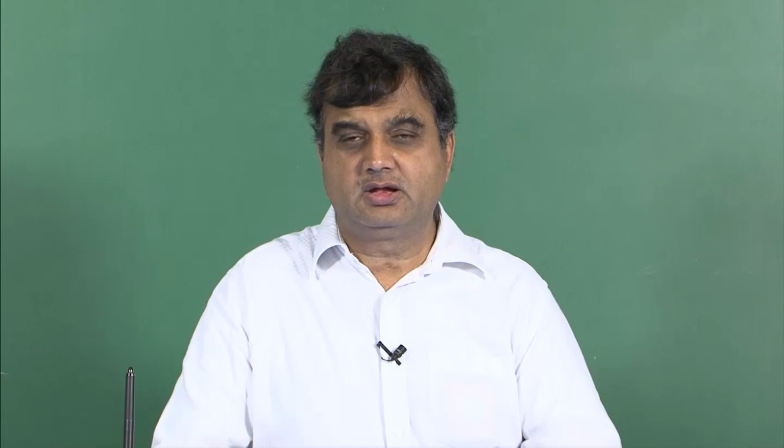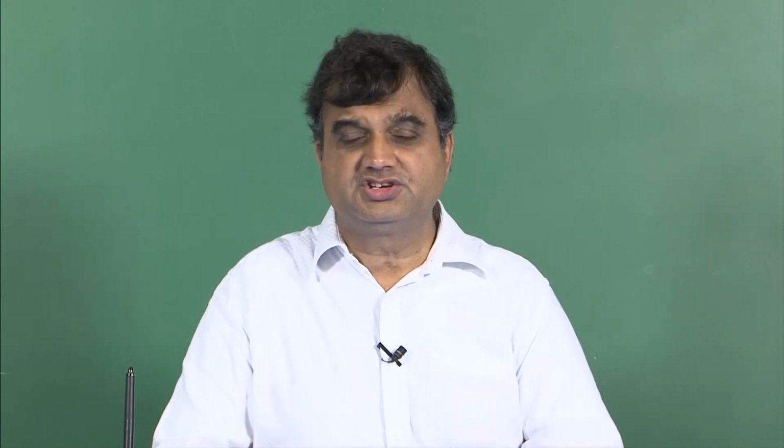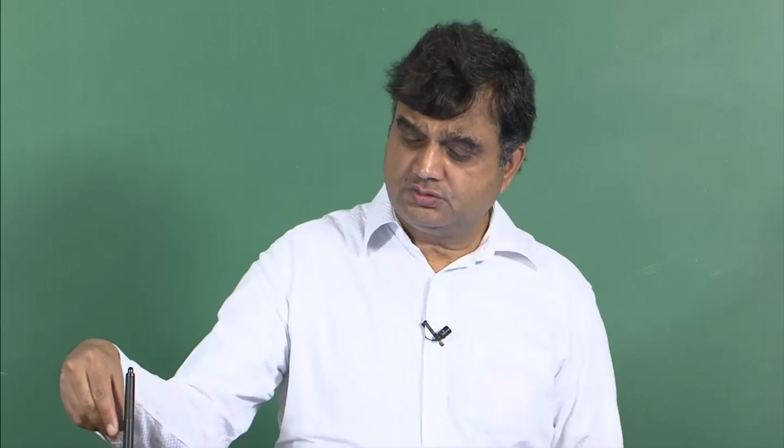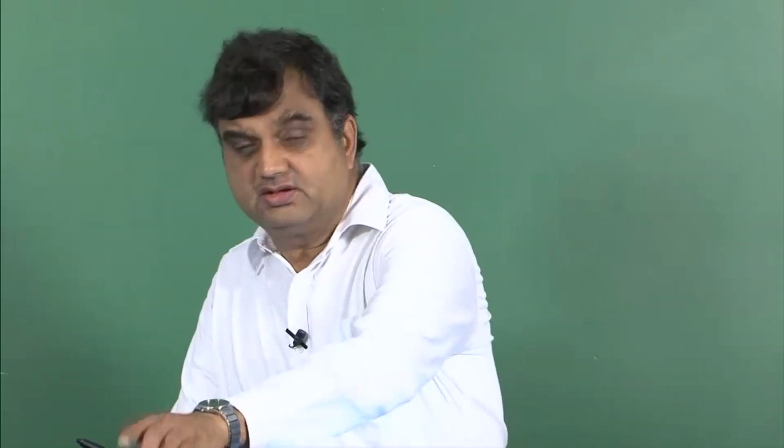Today is the start of the fourth week of this course, and this week we will particularly focus on failure of composites at the lamina level as well as at the level of the entire composite stack, that is the laminate level. But before we start these two topics, I would like to cover one more lamination sequence, because last week we had discussed several types of lamination sequences which had some special properties. We had discussed angle ply laminates, cross ply laminates, and so on and so forth. Today we will discuss one more lamination sequence known as quasi isotropic laminate.